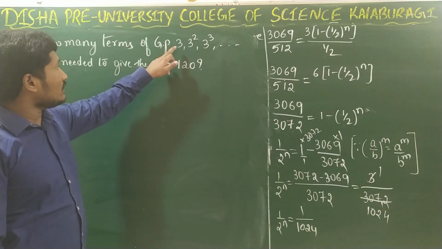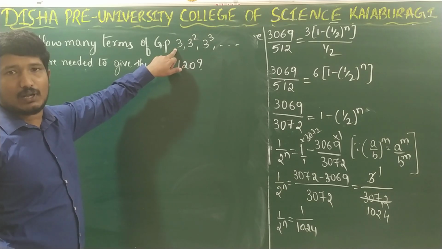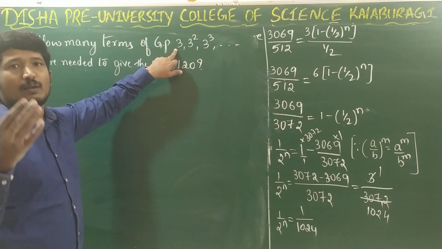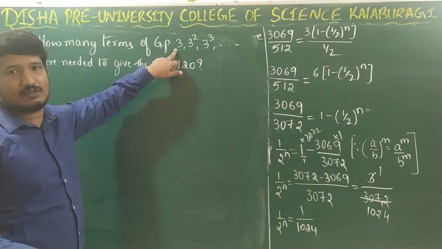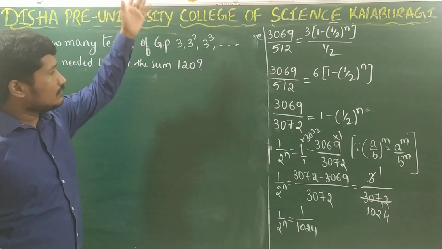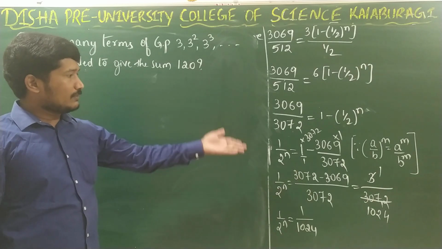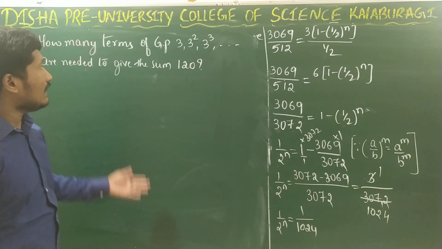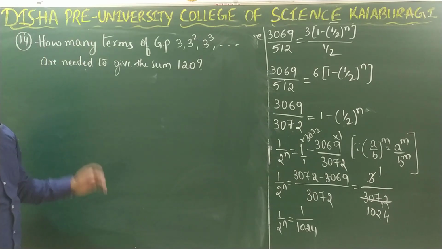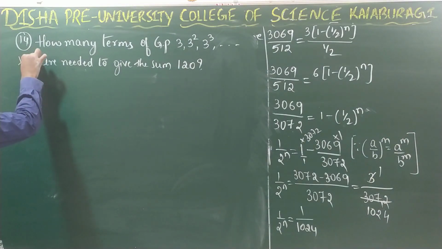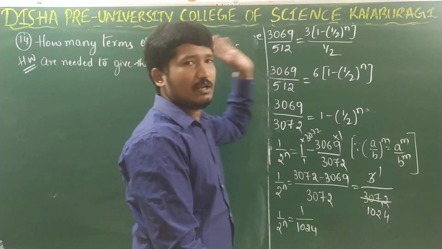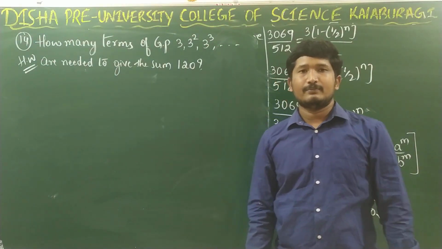So here the only thing is you will get r is greater than 1. So use the S_n formula, a into (r power n minus 1) by (r minus 1). Right? The other procedure is same thing. Just go for the mathematical calculation and you will get the value for n. So this will be for your homework. This is same as problem number 13. The only difference is the sum and the geometric progression are given differently.